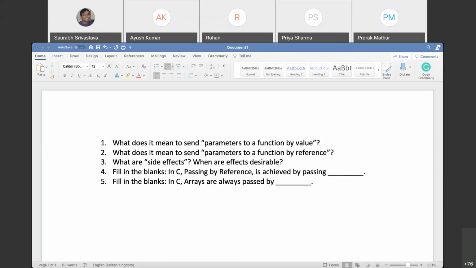Okay. That's why I was confused, that why are we passing it by reference only and not by value. But if it's a compulsion, it is designed like that only. Okay, I got it, sir. Thank you so much.